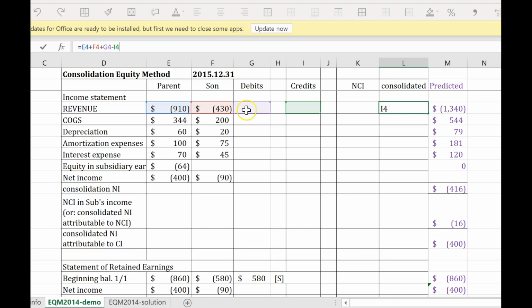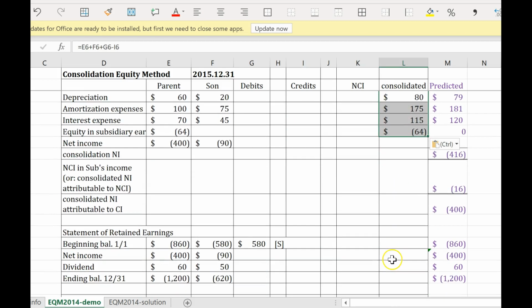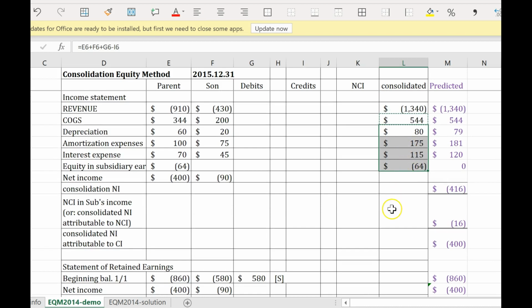So two negative numbers adding with the positive number is actually subtracting: two credit sides subtracting a debit side. It is easier to understand with a credit side balance. It would be just the parent's number plus the subsidiary's number, adding the debit side minus the credit side of the adjustments. So I'm going to copy and paste this to all of my accounts that have the same